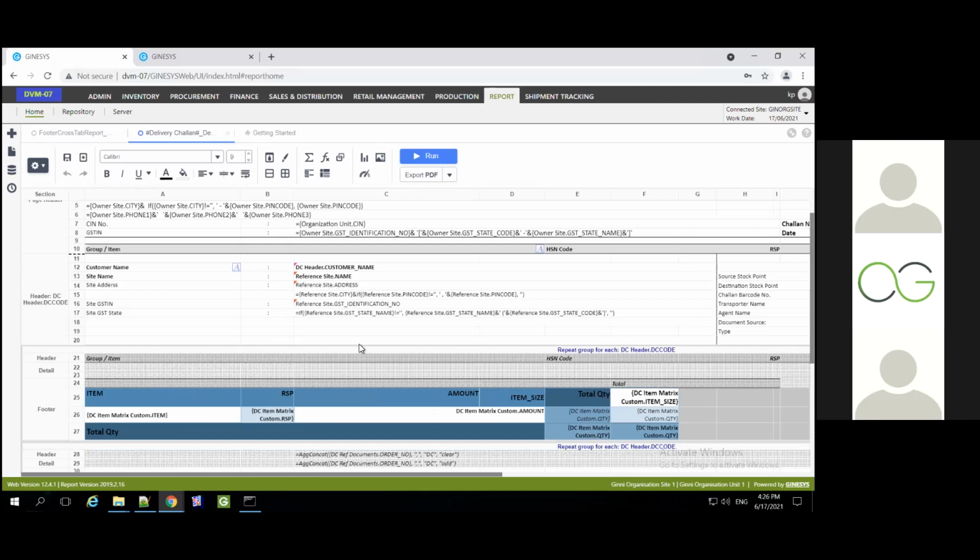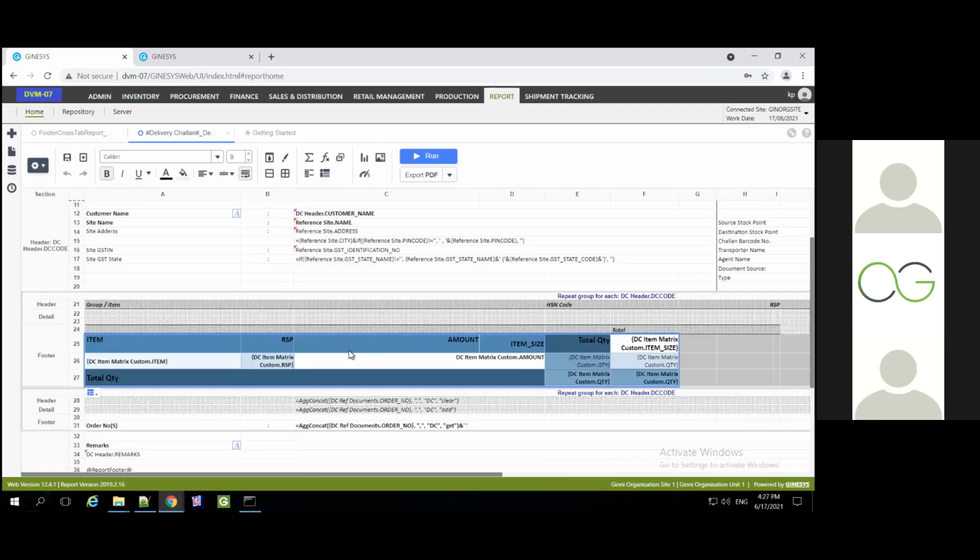So in this particular example, if you see, this is a repeating group for each DC header, DC code, and you have information with respect to the item, what is the RSP, what is the amount, and based on my item, which becomes the matrix element, it will show me the total quantity against all of this, and then you can get the total value.